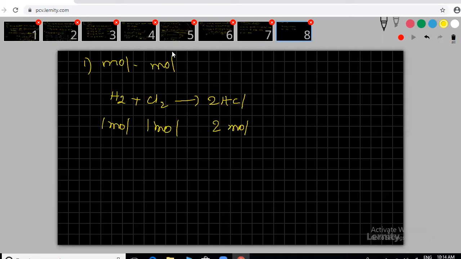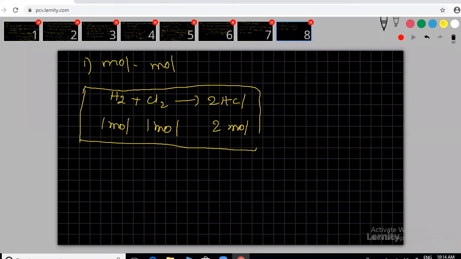Now we can see, this is the basic data. We should know that one. In the examination, they won't provide the balanced equation and how many moles they have, that you should know. This is the thing. Can you write the question here? Please write, I am dictating only. Note it down.